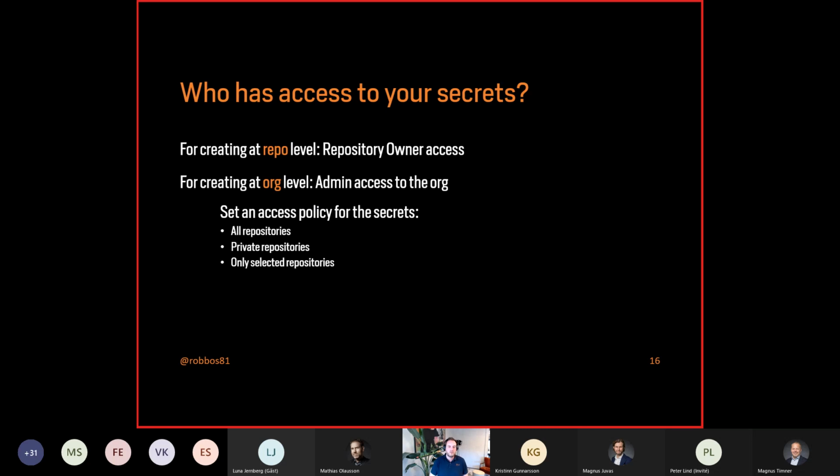And from that comes another nice aspect, is that you can actually set access policies to those secrets. So you can define which repositories can read the secrets and do something with it. That way you can share that, for example, for a whole team, where you say everybody who's inside of that team, these specific repositories will have access to this secret only. And that way you have one single place of maintaining the secret value, maybe do some key rotation in there. So you don't have to do that on the repository level itself. So it's good to know that you can do that.